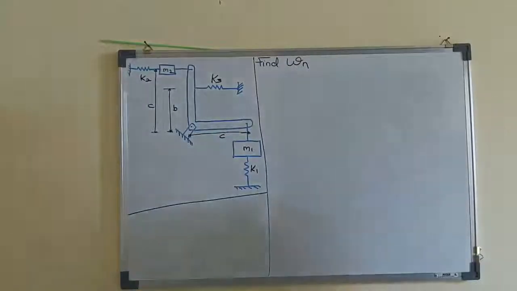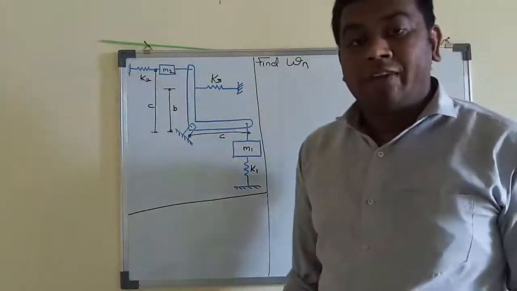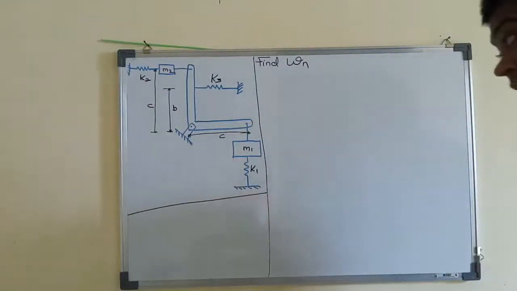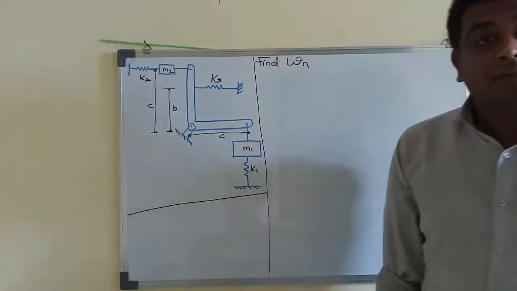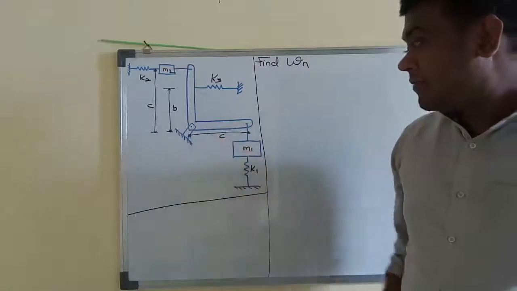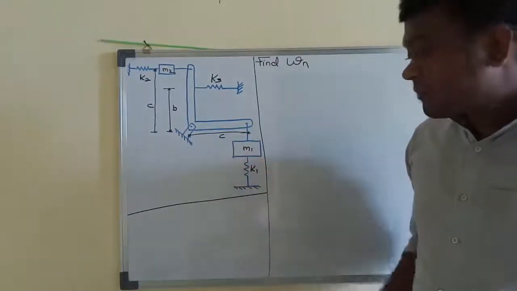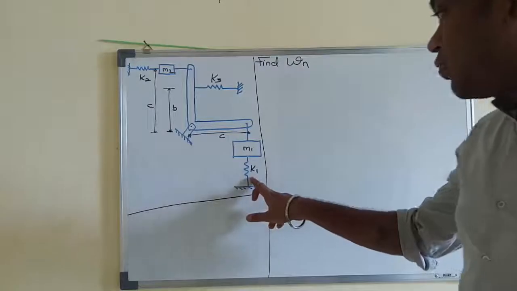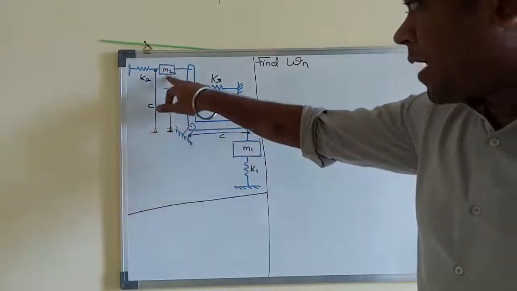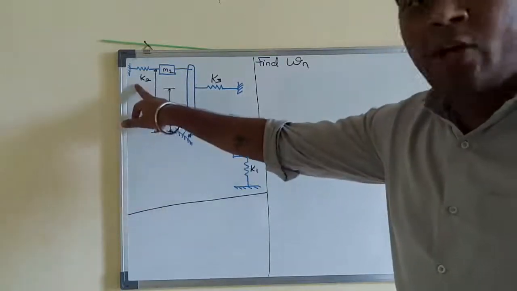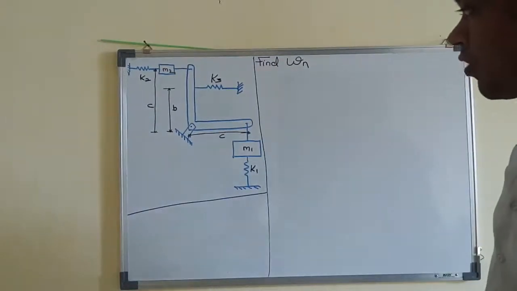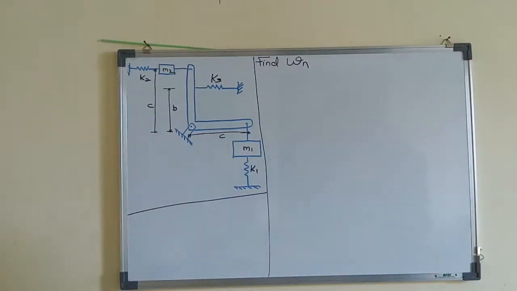So today again we are going to solve one numerical, and we'll solve this numerical based on which principle? Energy method. Now first of all we will understand what is given in the problem. This is a link having a mass m1 attached to it, and a spring of stiffness k1 attached to it. We have a spring of stiffness k3 at a distance of b, mass m2 at a distance of c, and spring k2 at a distance of c. Now this is the numerical. Just focus on the diagram and we have to solve it by using the energy method.